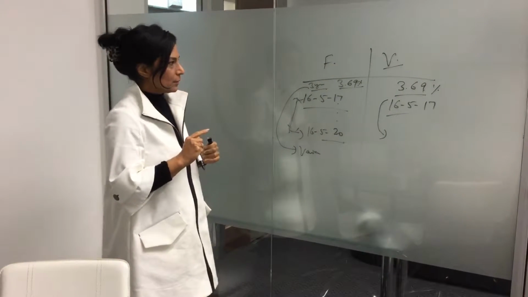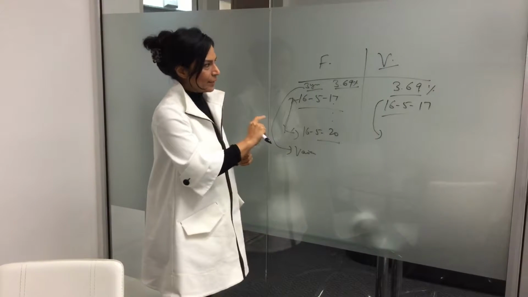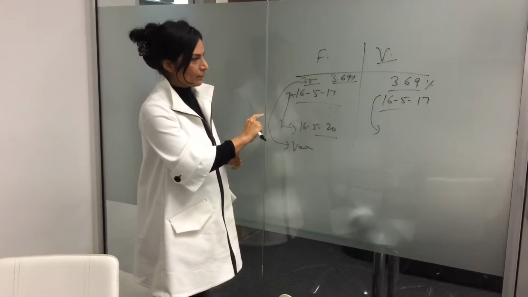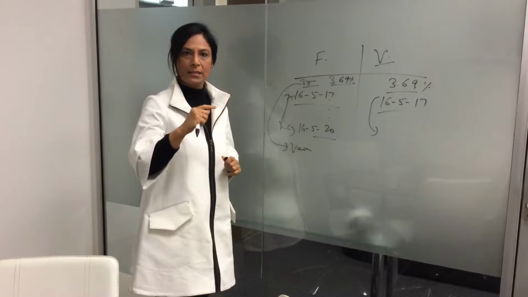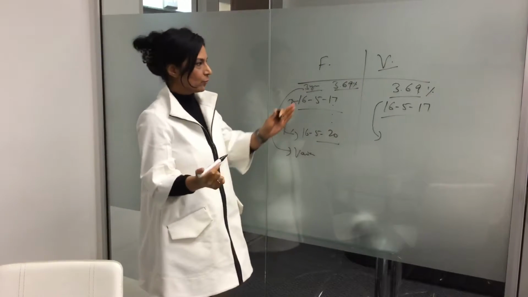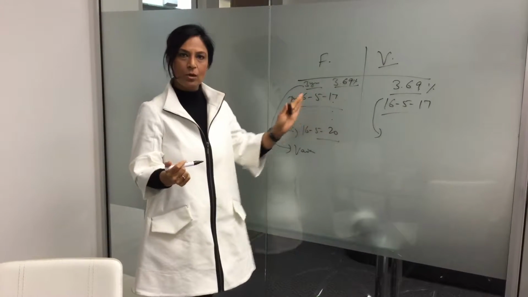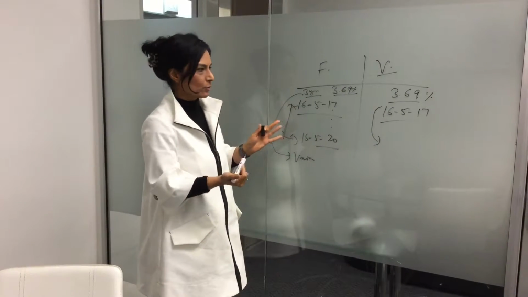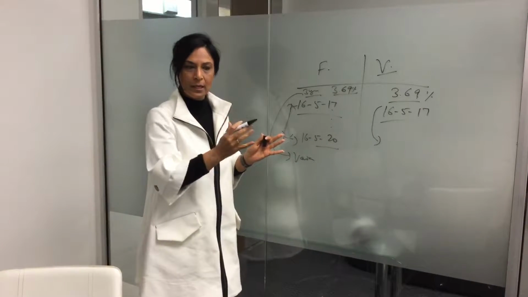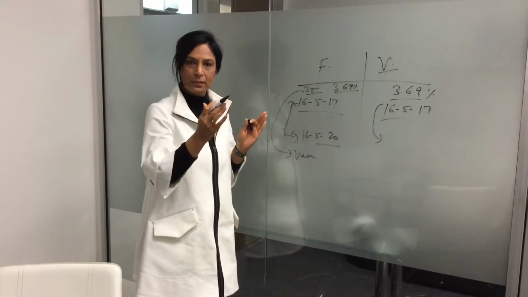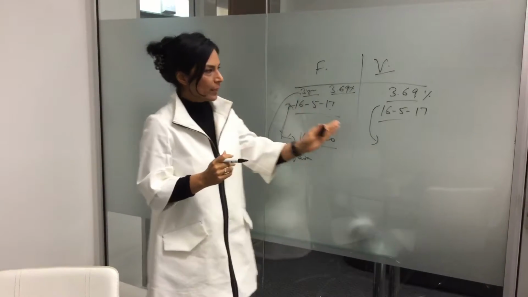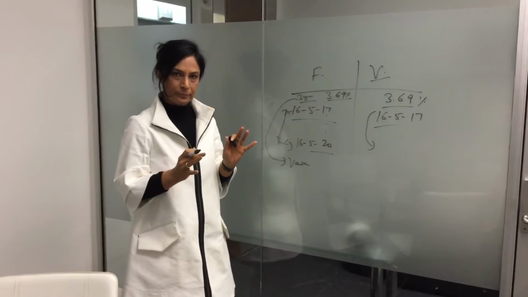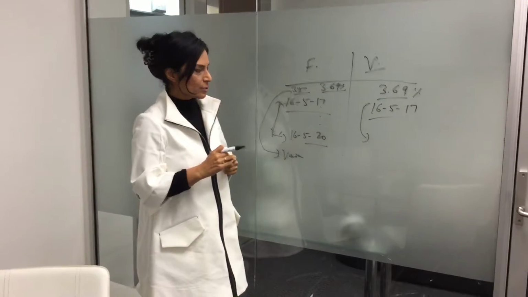Now, the other advantage of a fixed is that if the market is going upwards and you've locked it at 3.69, obviously it's a very good situation for you. You're not worried about the market going upwards after the rate is settled. With the variable, that's a bit of a worry. So that's the advantage of a fixed.